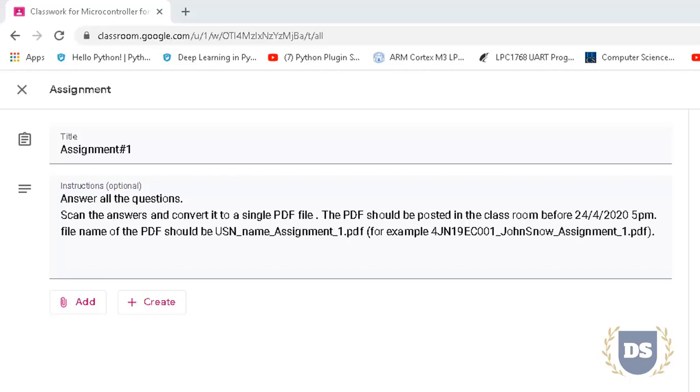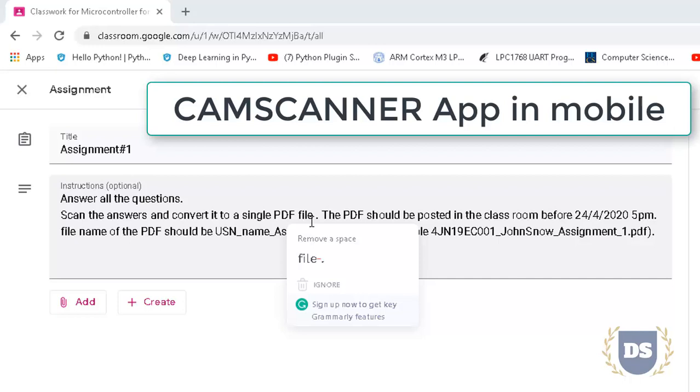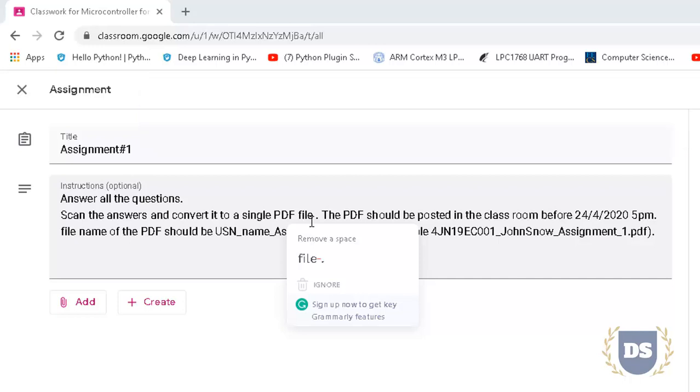In the instruction field, I'll be writing a few instructions like: answer all the questions, scan the answers and convert them into a single PDF file. The students can make use of CamScanner or any other similar applications in order to convert their writing into a PDF file. The PDF should be posted in the classroom before